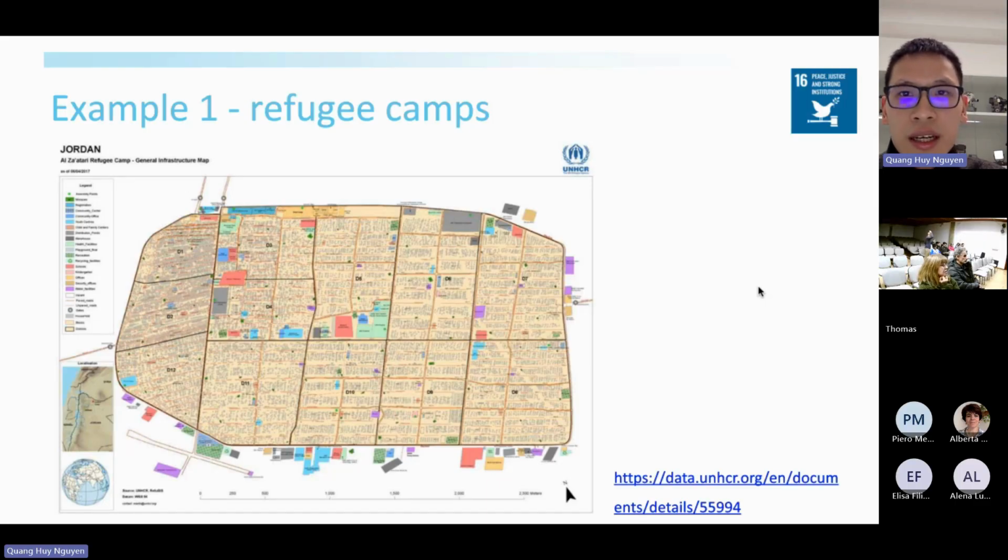You can see in this case how humanitarian mapping can work, since you can draw the refugee camp with the gray area being the houses for people, and the red and blue being facilities, and you can also see the grid of streets in this map. So that is how humanitarian mapping can contribute to this crisis.